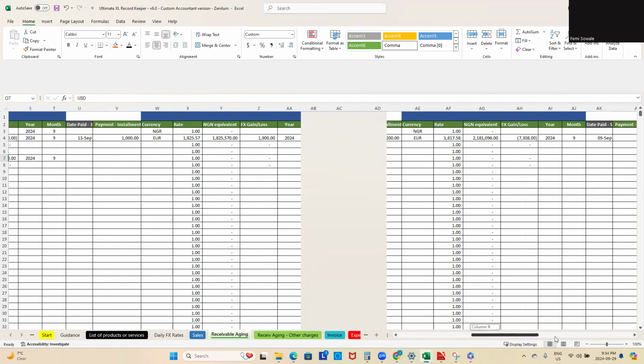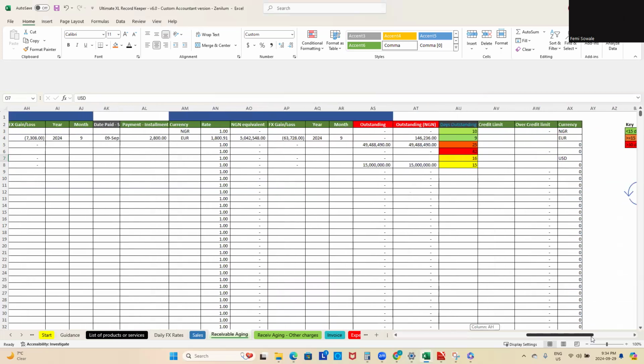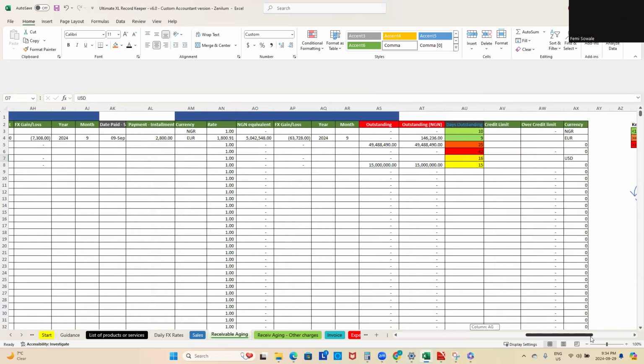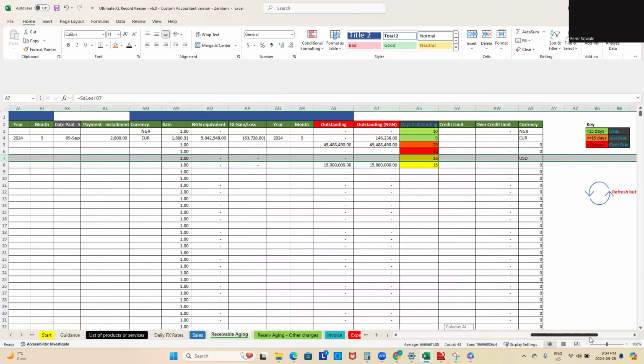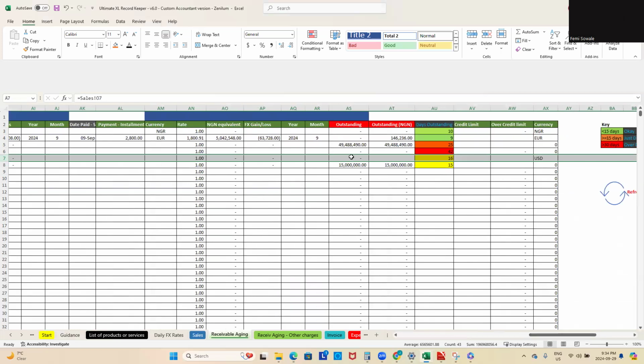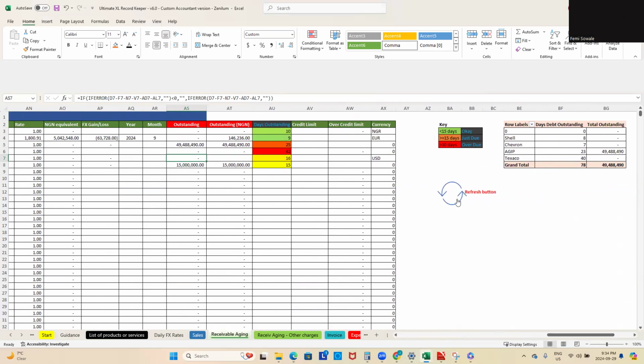Now, when you scroll to the end, there's a couple of things you're gonna see. What is outstanding for that contract? When you scroll to the end, you see that you have no outstanding because it's fully paid, right? So that is sorted, and anytime you refresh, you can